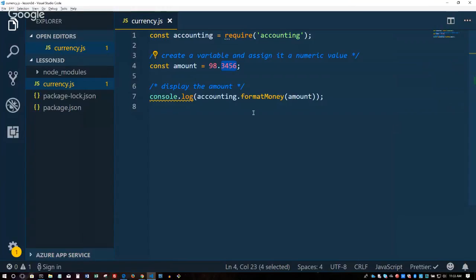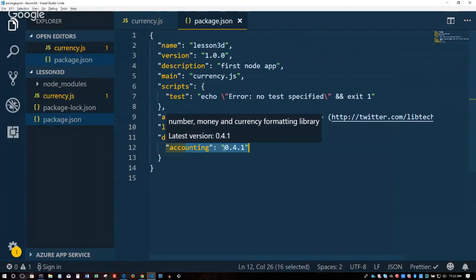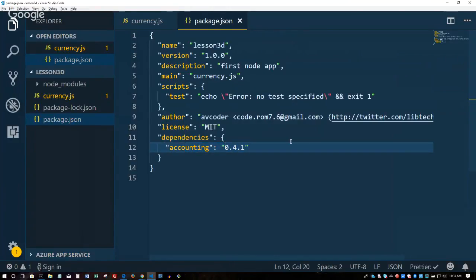What I wanted to point out is this. Let's go back to our package.json, so this is just an FYI. Whenever you install something under your dependencies, you may come across weird symbols that look like this, or like that. This is what it means.